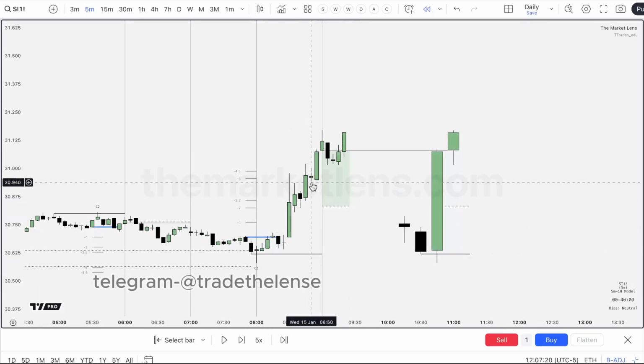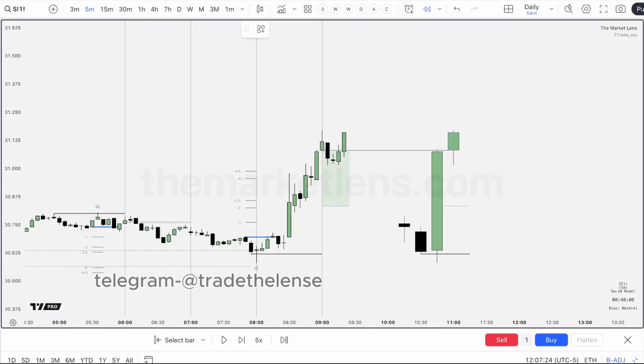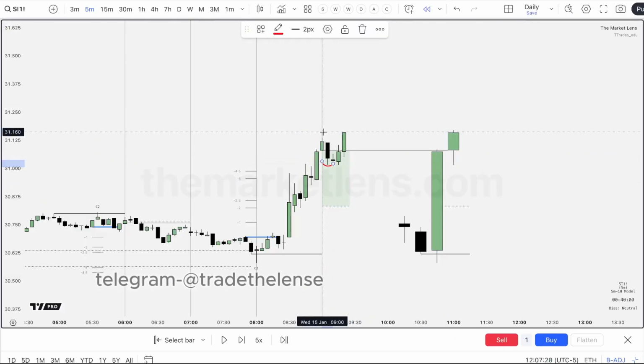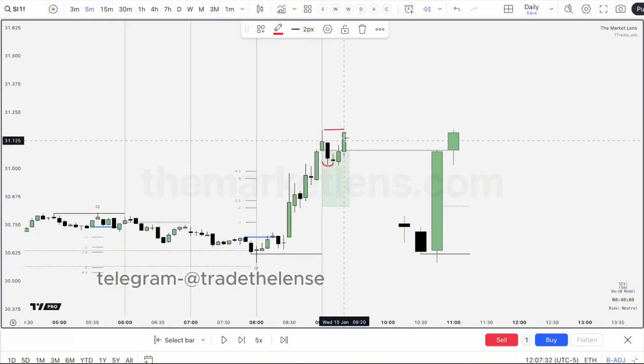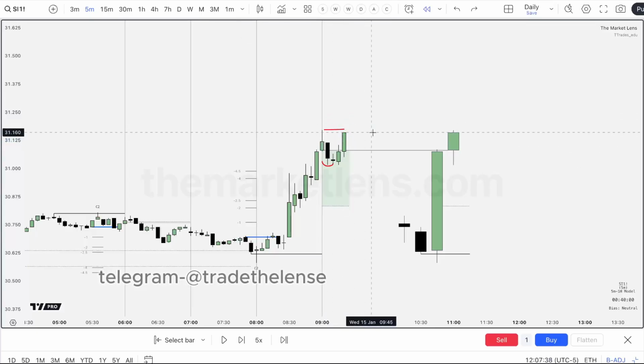The way I view this is I'm trying to find a trusted low, right? So if I'm trying to long this in here, right? Yes, I could consider this low, but I'm going to be wanting to watch this high, right? I'm not going to want to see a sweep and then I come back into the range of this high. I'm going to want to see it just go right through this high, right?